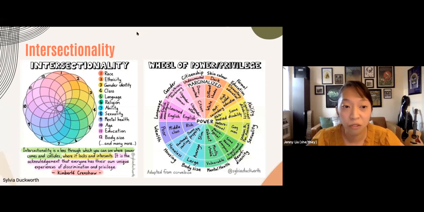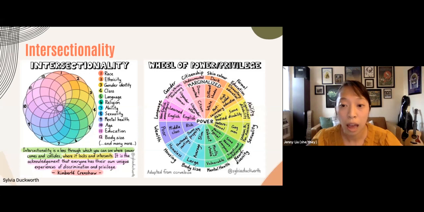So first off, we're going to talk about intersectionality to kick off all of our definitions. We really need to be leading with intersectionality whenever we're talking about any of these topics and social determinants of health, because it allows us the most complex and comprehensive understanding of all the surrounding contextual factors for a person's health conditions. So intersectionality was coined by Kimberly Crenshaw in 1989 and is a Black feminist legal and theoretical framework